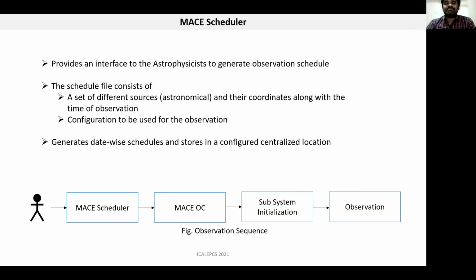Picking the sources one at a time. Then the data acquisition is done as per the observation time mentioned in the schedule. And the source coordinates are sent to the